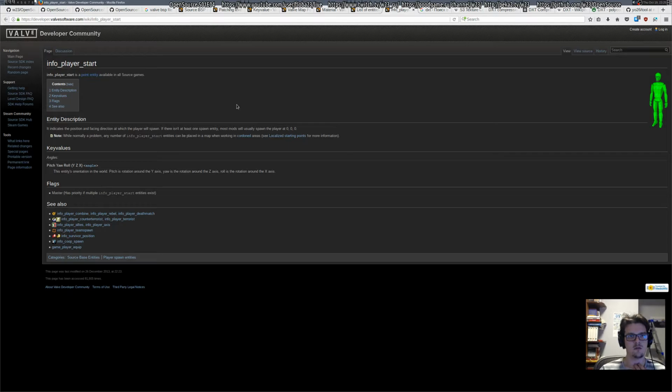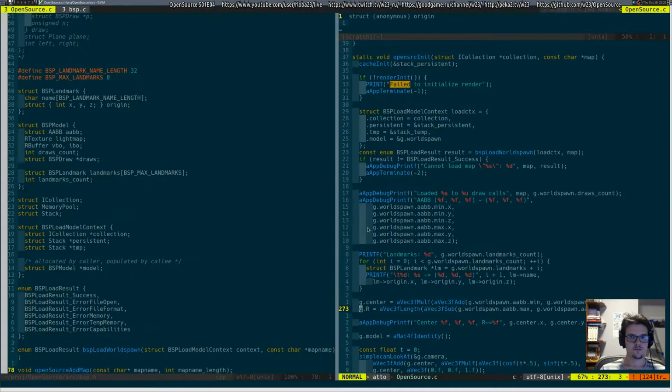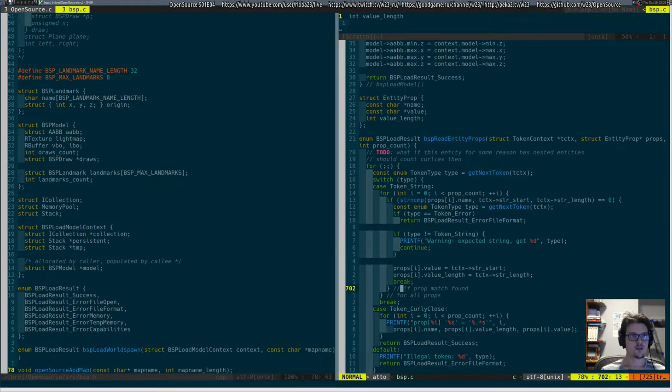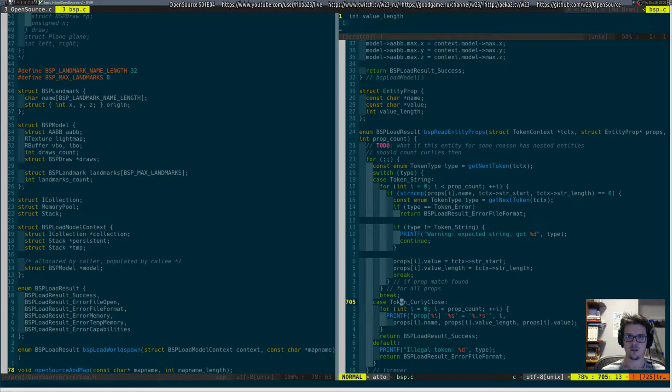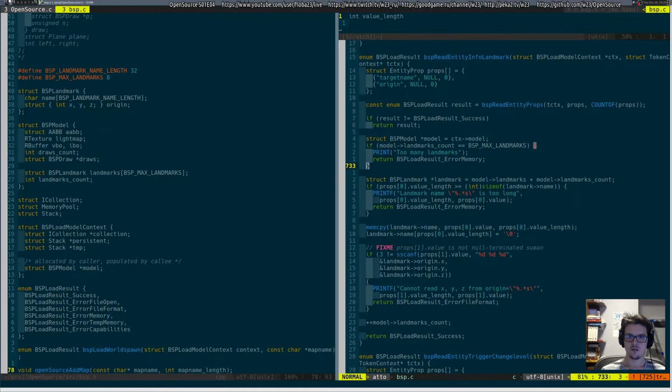If there is at least 000. Okay, I do want to load that. So next thing I will do is read entity props. Do I have